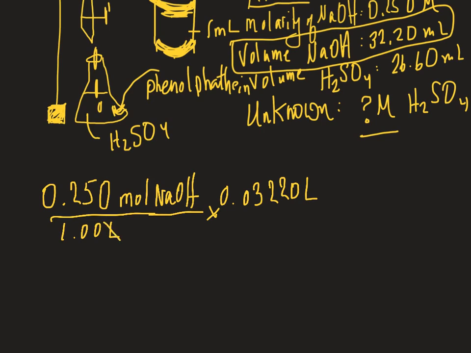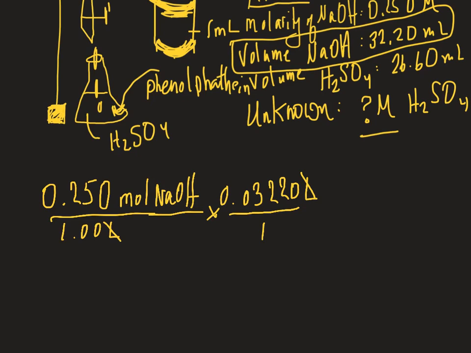What this shows me is that my liters cancel. Because when you multiply by a whole number in this sense, it's like multiplying by liters over 1. You can write any whole number as a fraction over 1. And so that shows you that by multiplying the volume, I now can isolate the number of moles of NaOH